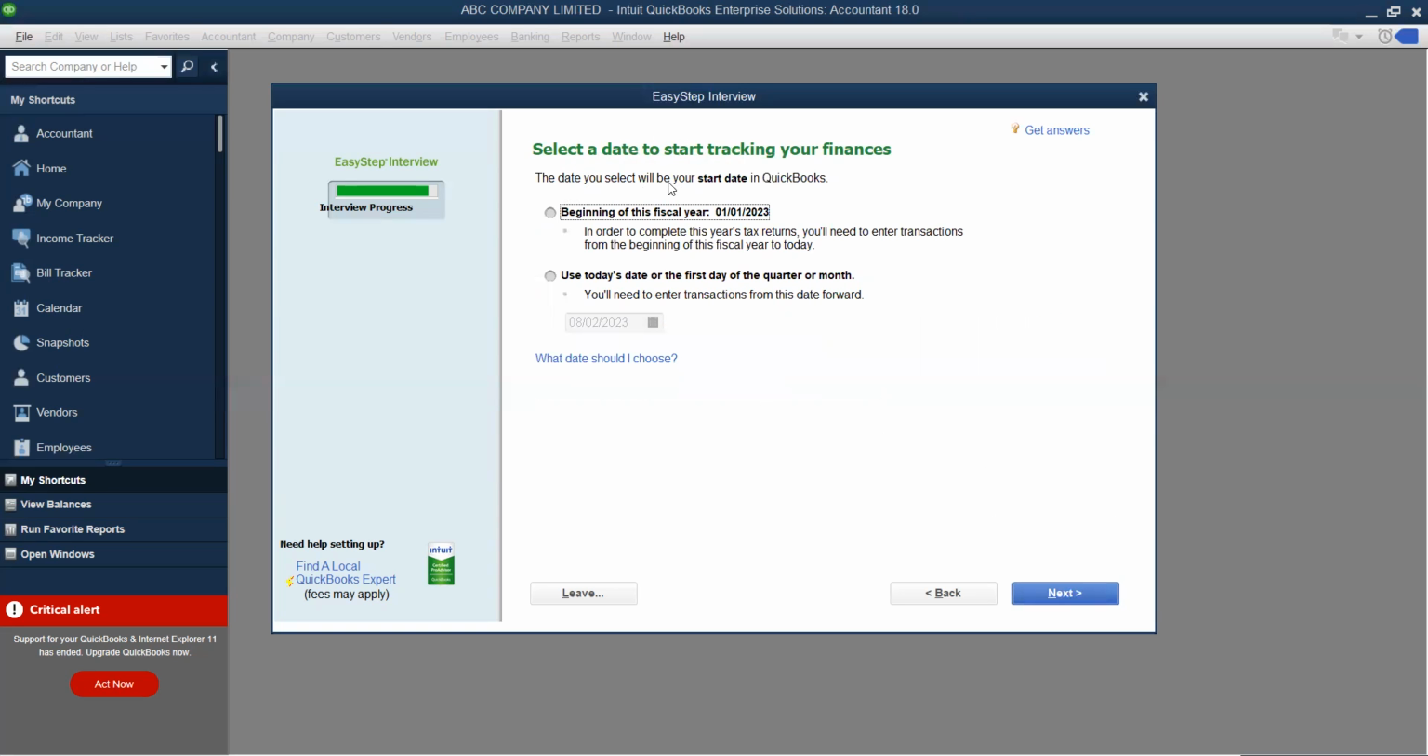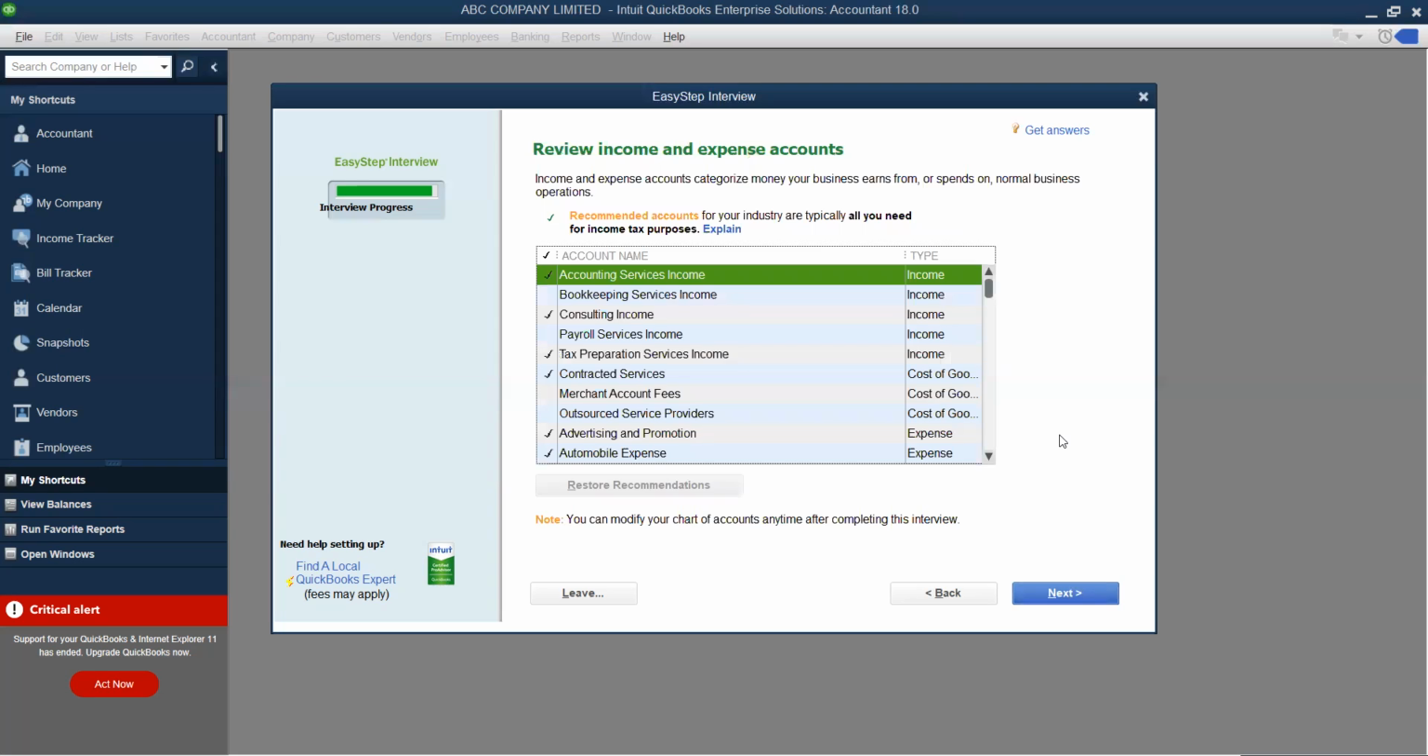Next is the start date in QuickBooks. When do you want to start QuickBooks? Is it at the beginning of 2023, or let's say today? If you use today, it means you are starting it today. But if not, then maybe choose the beginning of this fiscal year. That's very important. So you click next, and then QuickBooks comes out with a chart